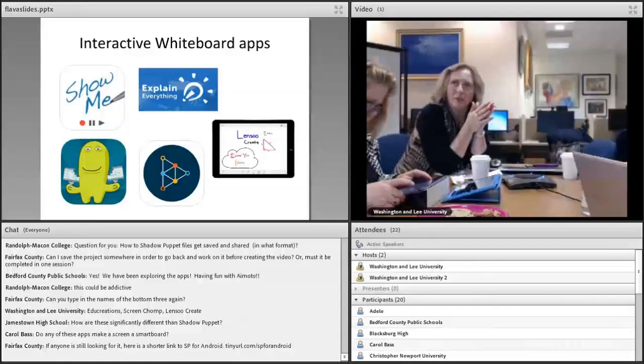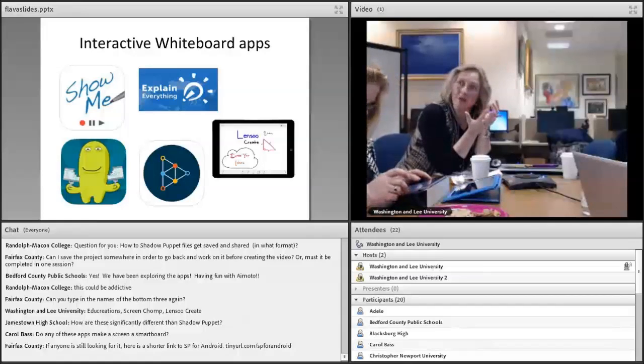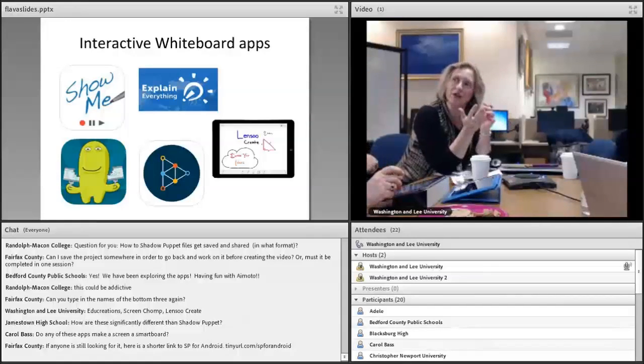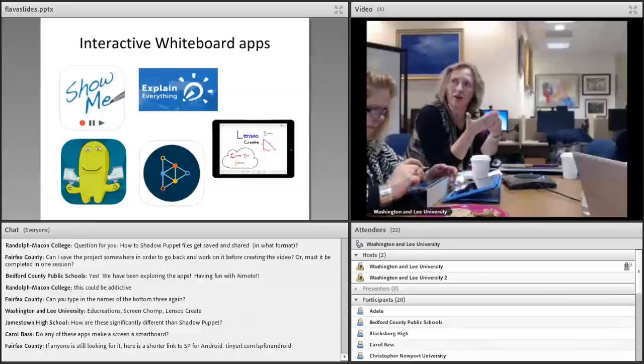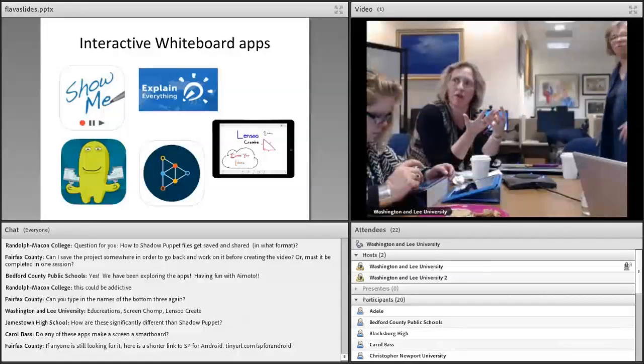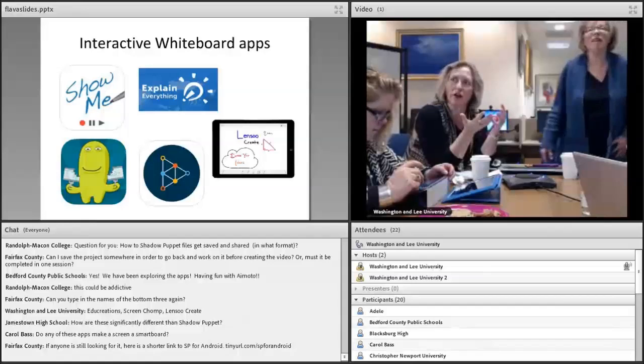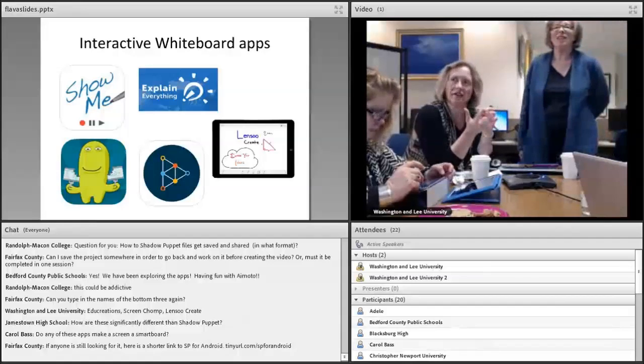The biggest difference between Shadow Puppet and the interactive whiteboards is that, for me anyway, Shadow Puppet is more focused on images, and you're using the image as the main backdrop of the presentation. You're still putting audio on top of it, but it's the images.